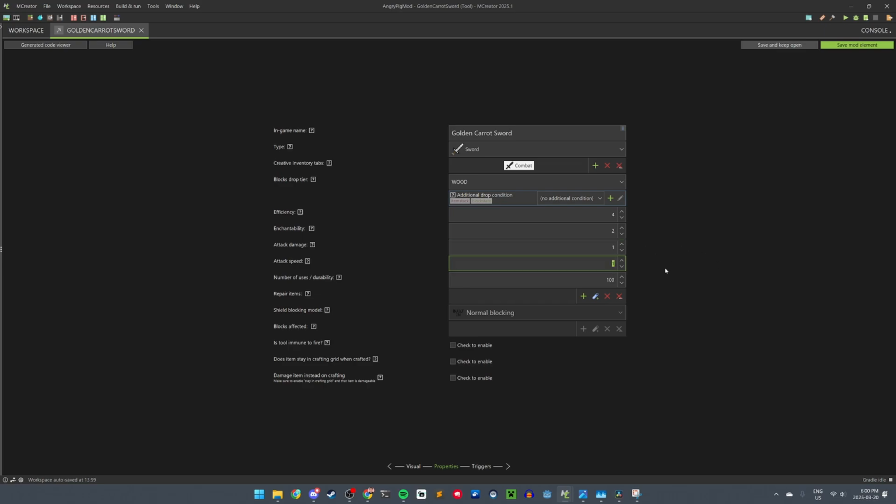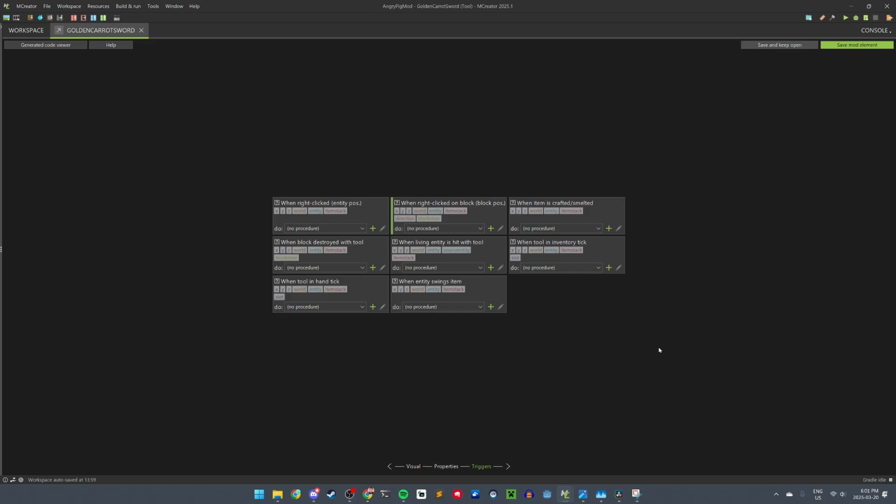The normal attack speed of swords is 1.6 in Minecraft. The number of uses or its durability, let's say 100. The rest of these you don't really need to worry about. Is the tool immune to fire? No. Does the item stay in the crafting grid? No. And damage item on crafting? No. The triggers tab, this is just like the triggers tab for the animal, except we're going to add something